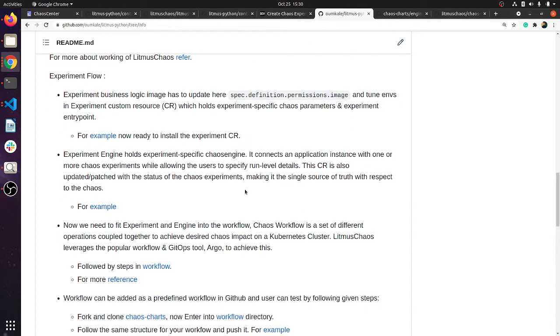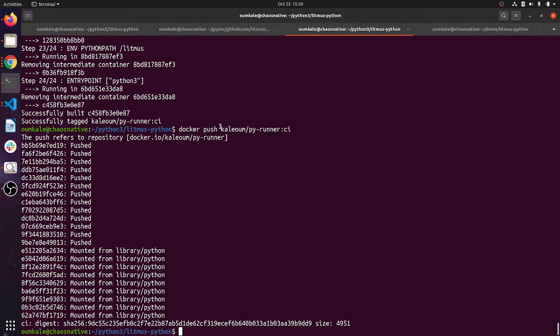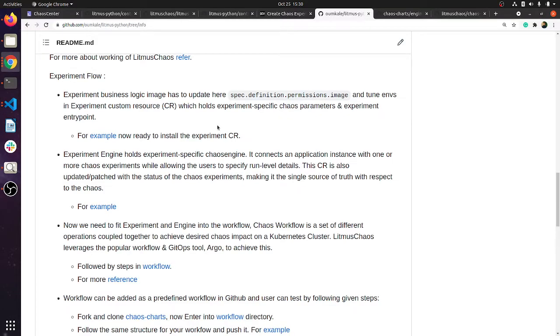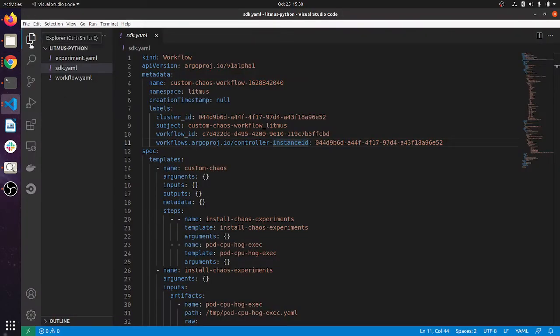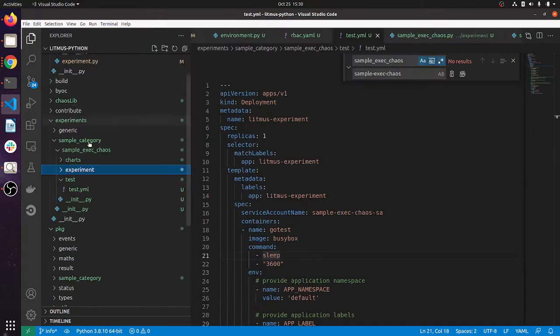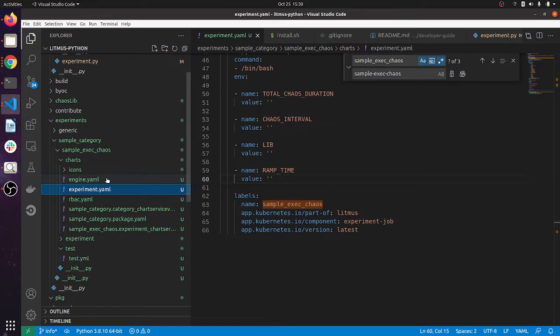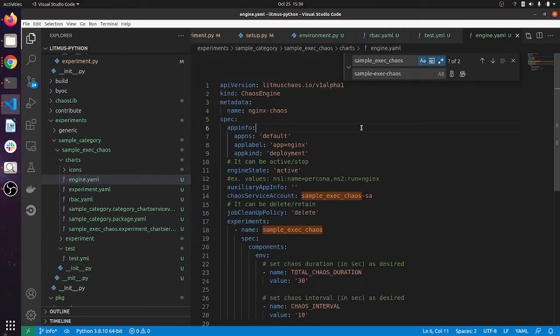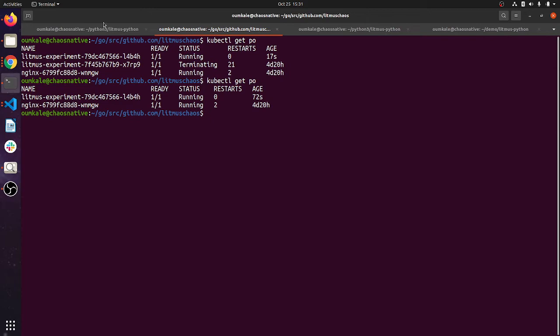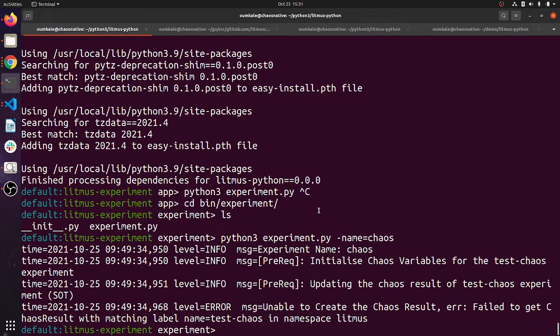Now once we are ready with both of these, we are ready with our image. Once we are done with the experiment and engine files, there is one way to just install resources, as we had a message that chaos result is not there, so the operator is not locally installed in this default namespace.